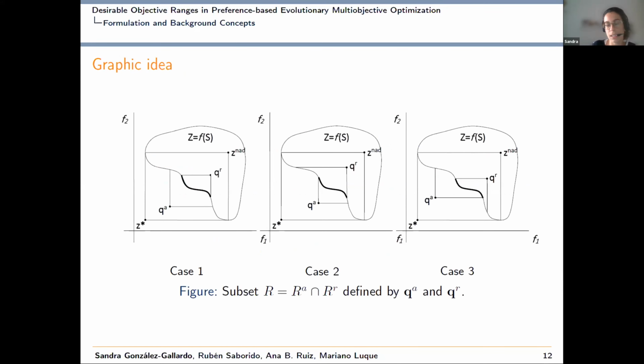In this graphic, I show you different situations for a bi-objective minimization problem, where the region of interest is the region of the PF in blonde. In this figure, we assume that the aspiration point is unachievable and the reservation point is achievable, which is the most logical situation when a decision maker provides desirable ranges. So knowing that,